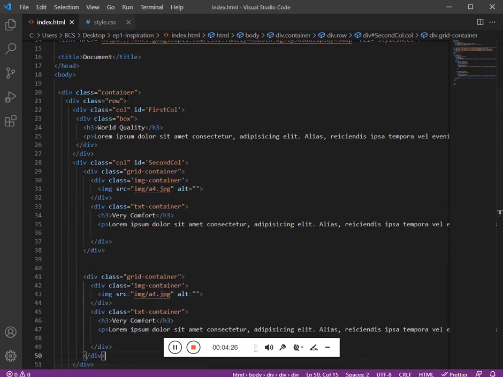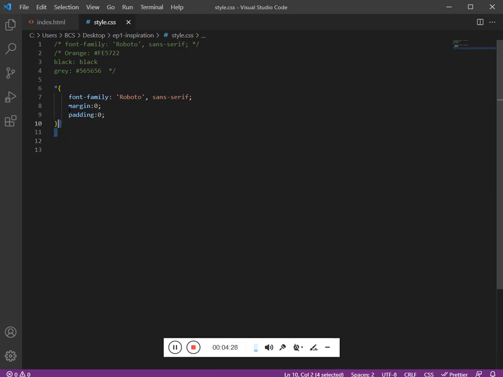Fine, now let's work on the CSS. I have called all the elements with the help of star, and I've given the font Roboto, and I have removed the default margin and padding provided by the browser. Now we have container.